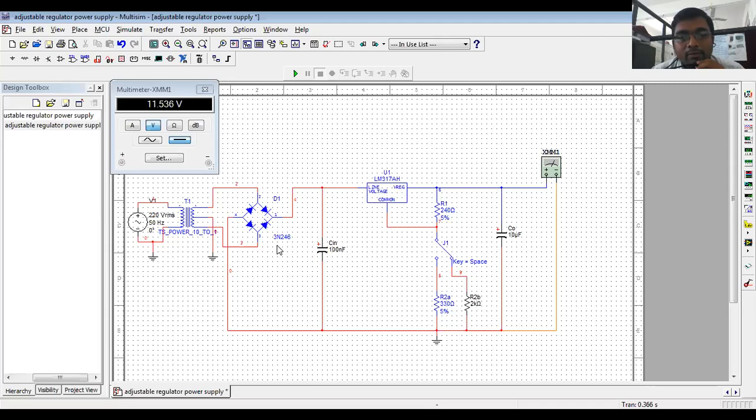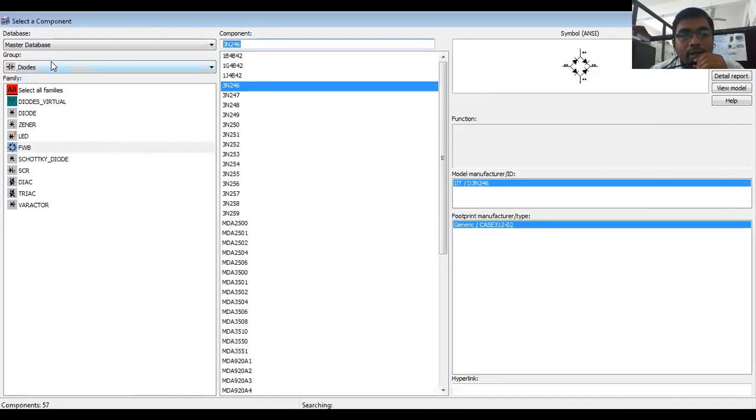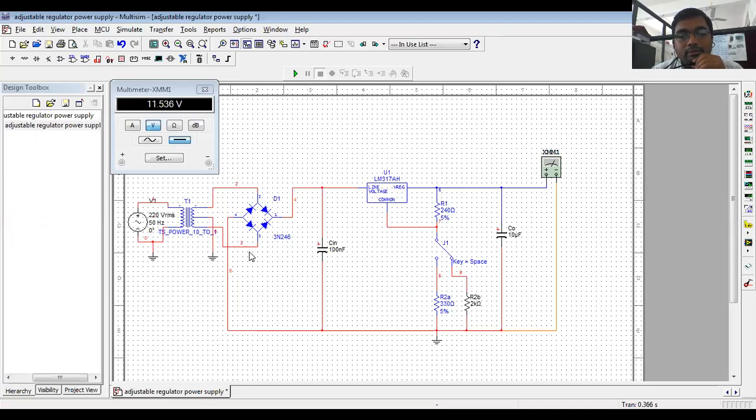Everyone note down this diagram and the IC numbers of each and every component, or the value of the components. It would be available in the component database. Diodes, you have to select the group diodes. Go to the FWB, full wave bridge rectifier, select the 3N246 IC, and you will see this bridge rectifier, and